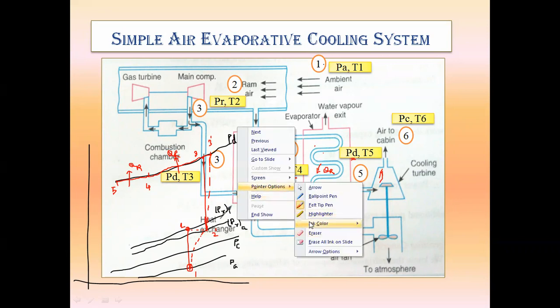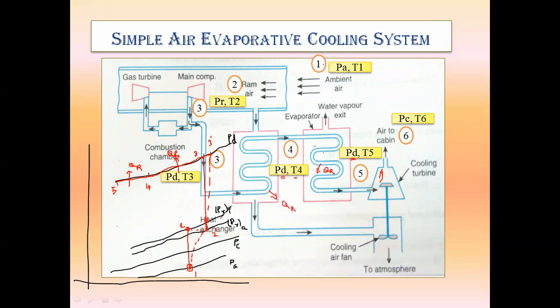So now from point number 5, I have to draw that isentropic expansion process. This will be the ideal expansion process, but actually that will be the polytropic process. So this will be my point number 6 dash.